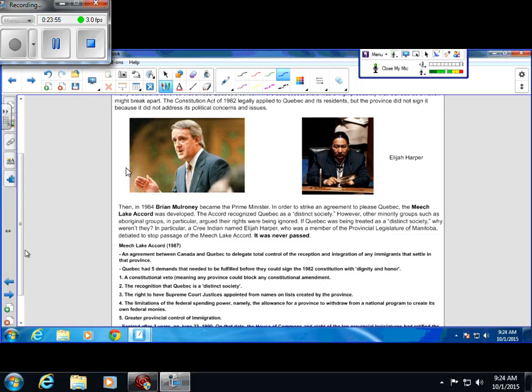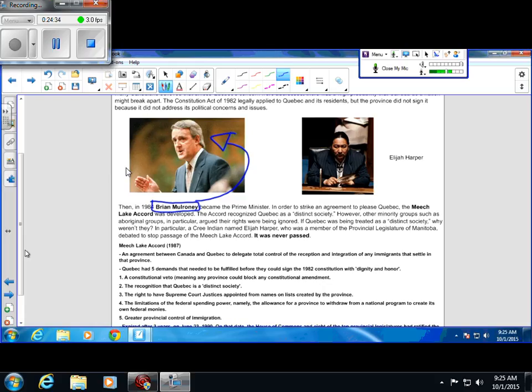What happened was that in 1984, this man named Brian Mulroney was the prime minister at the time. This fella right here, Brian Mulroney. Remember his name. You'll see his name pop up again. You can say it with me: Brian Mulroney. It's bolded, it's in capital letters. I'm on page 21 right now in your textbook, near the bottom, a little section on Brian Mulroney. So make sure you remember his name as well. He was the prime minister during this time.